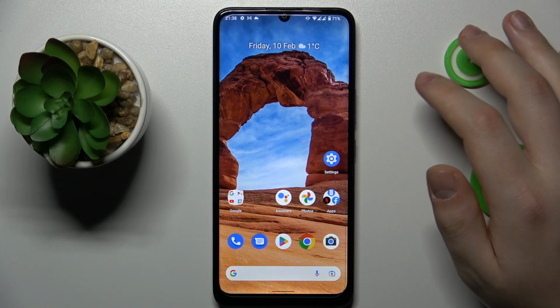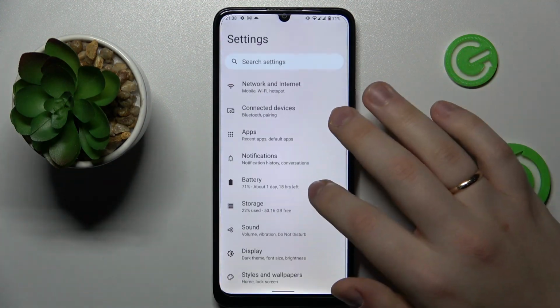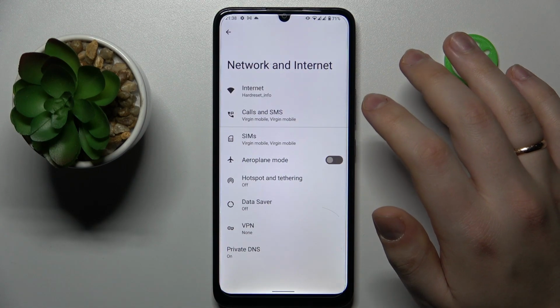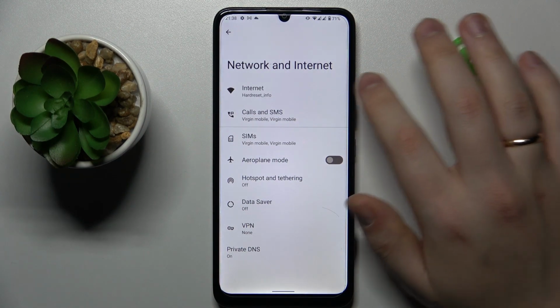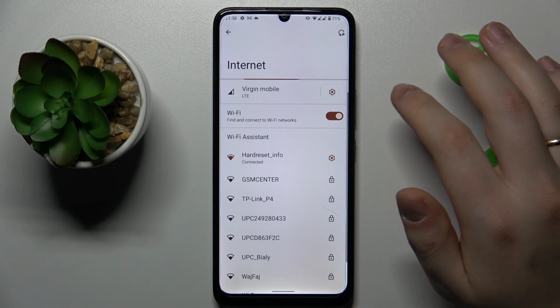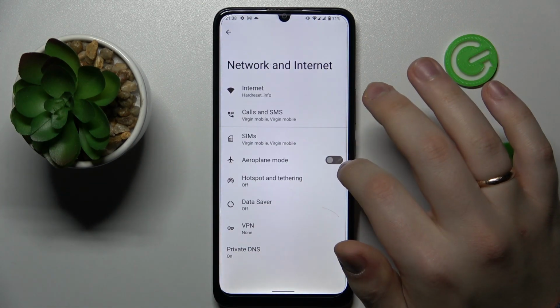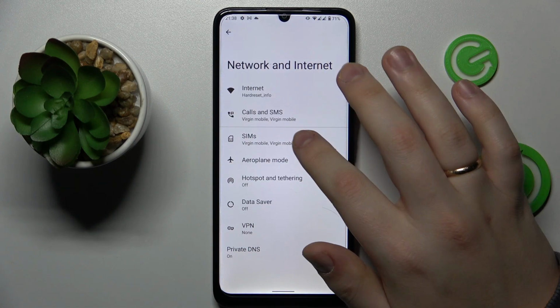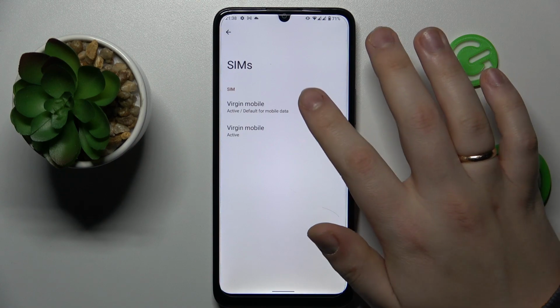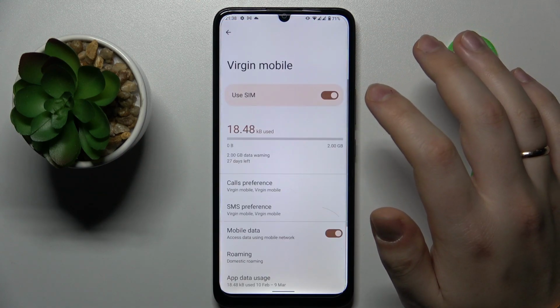So to begin with, you will need to launch settings, then enter the network and internet category. In here, go for the internet, or excuse me, not the internet. You will need to rather go for the SIMs section and choose the SIM card that you wanted to check